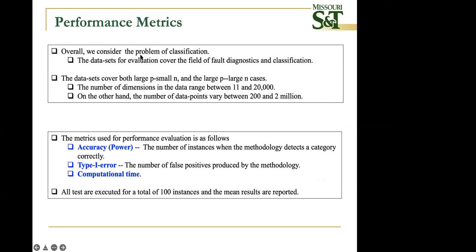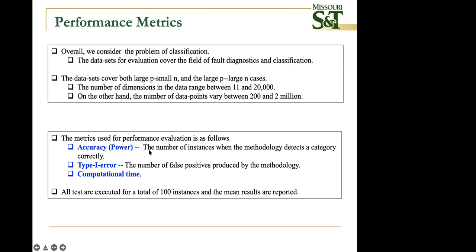So we want to evaluate how these methods do. So we consider the problem of classification, for instance, and let's say one example is fault diagnostics and classification, okay? So the number of dimensions in the data that we looked at varied from 11 to about 20,000. The number of data points varied from 200 to 2 million, okay?